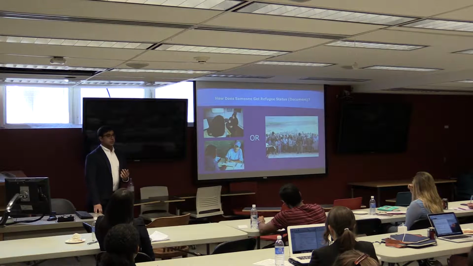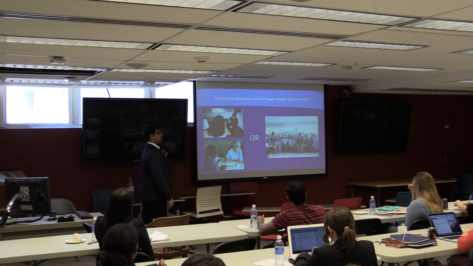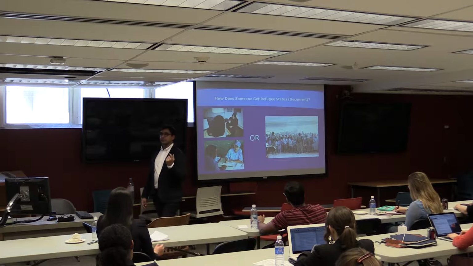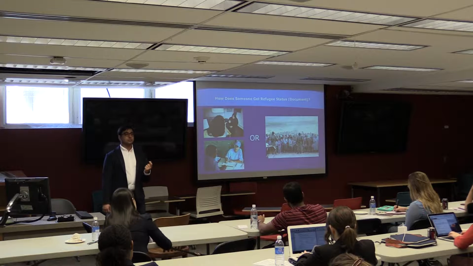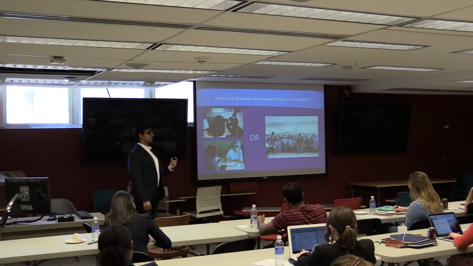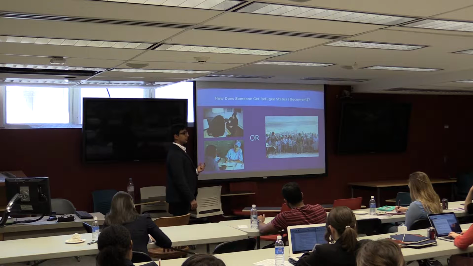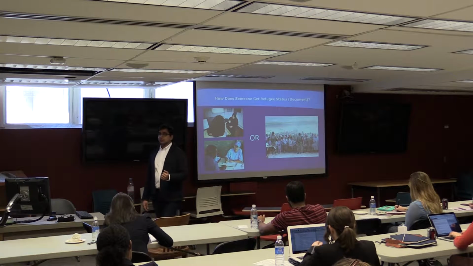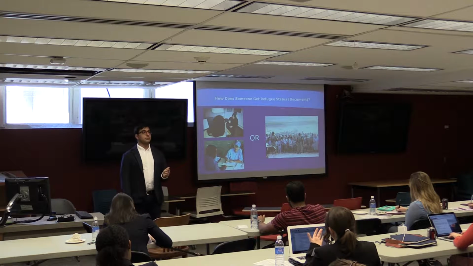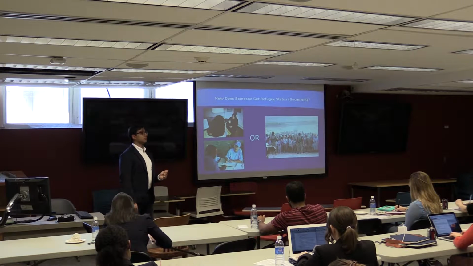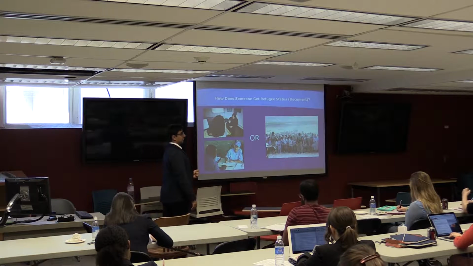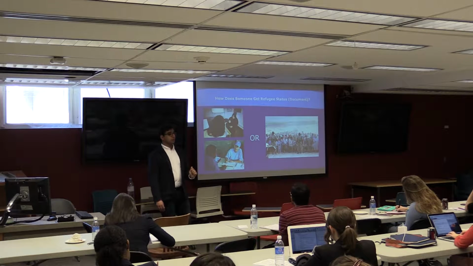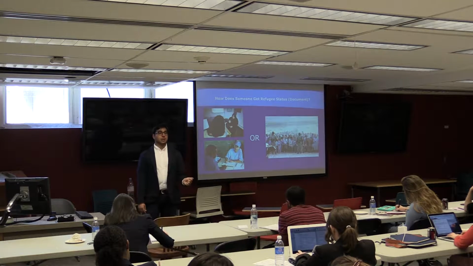The second way of getting refugee status is through prima facie recognition. This is used in situations of mass displacement where there is not enough time or resources to conduct an interview with every individual coming to that country. So since September of last year, Syrians have been recognized by the Canadian government on a prima facie basis. So if you are a Syrian national and you come to Canada, you will be granted refugee status on account of your nationality.